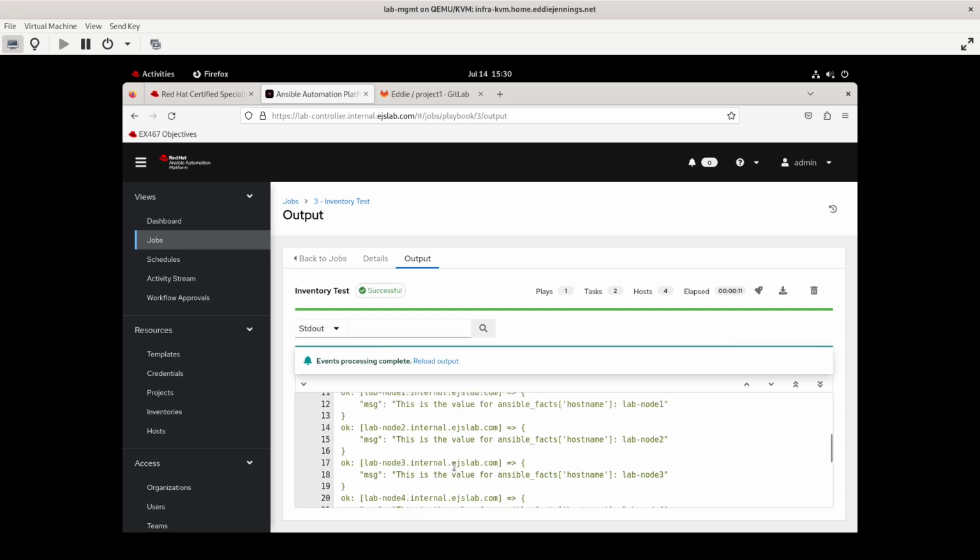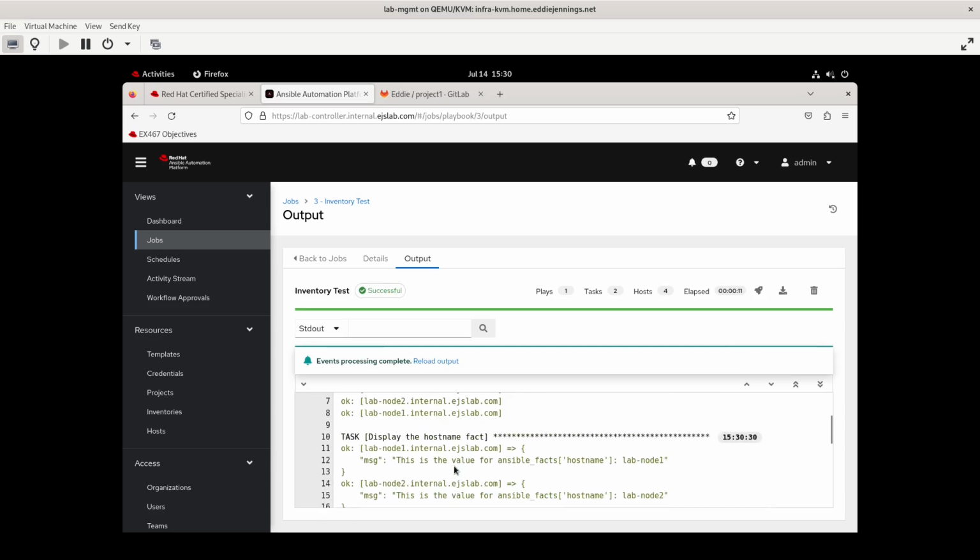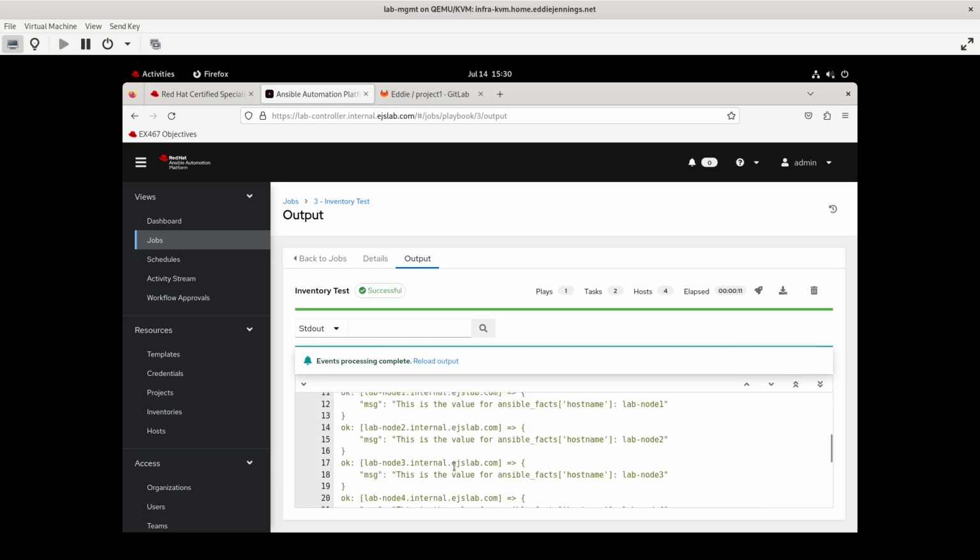So basically all it does is, for everything in the inventory, it's configured to use all. It will basically tell you the host name, or it'll tell you the value of Ansible Facts host name. So we know basic inventory and such works. Now,